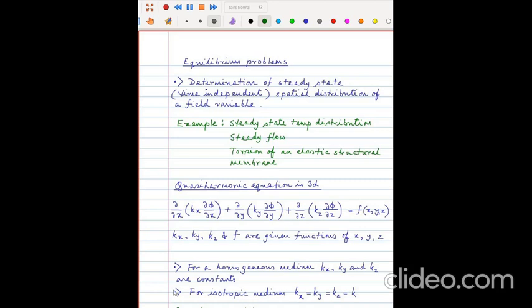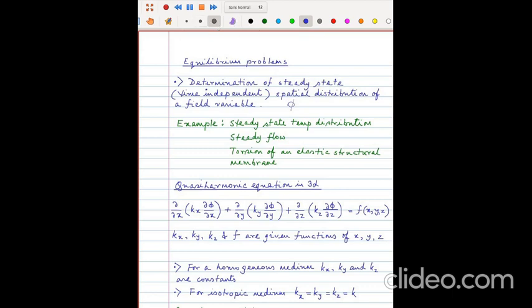So first we start with equilibrium problems. In equilibrium problems, we determine the time independent, which is also called a steady state, spatial distribution of a field variable. That means here your phi